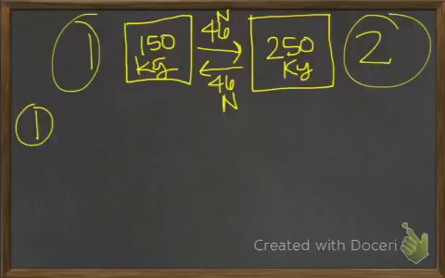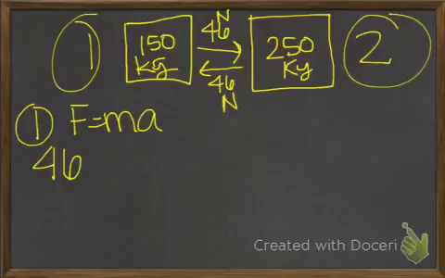All right, so looking at object 1, all we have to do is use our F equals ma equation. So the force was 46 newtons. And if we imagine this on an x and y axis, the 46 newtons is going to be in the positive direction, that's acting on